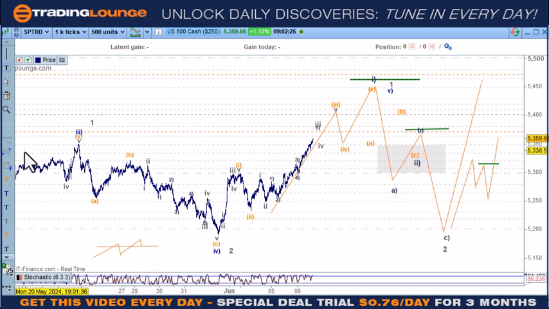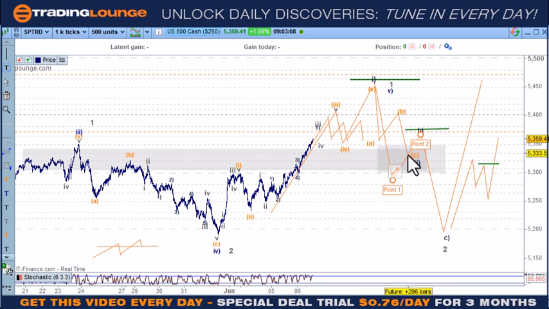So having this top here and having this as resistance from the supply of this top, we could assume that all of this here would be the area that would need to be tested at that point. If that was the case, then this wave 1 up here would come down as an A wave somewhere down into, because this wave 4 hasn't occurred here yet, what's going to happen is we're going to see some consolidation in this area here, which is actually going to become the support later on for this one over here. So when this comes down, all this consolidation will be the support here. So we'll see a B wave and then a C wave down here, and then we're going to move up